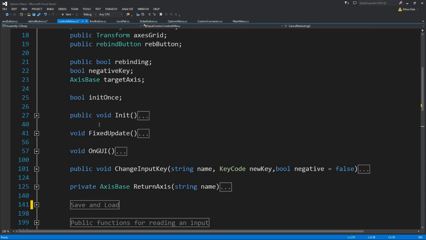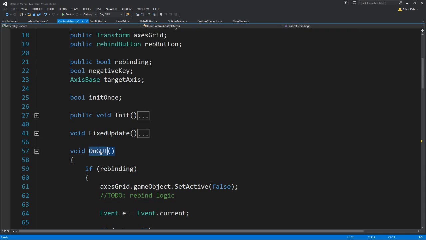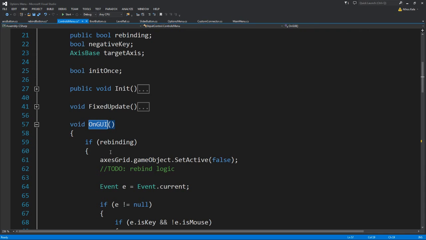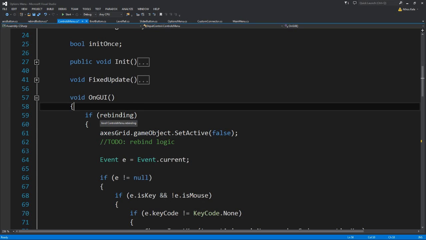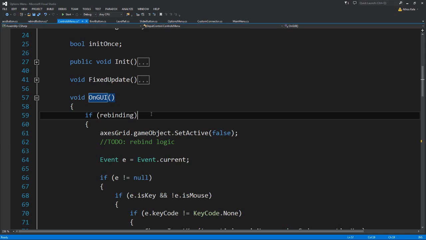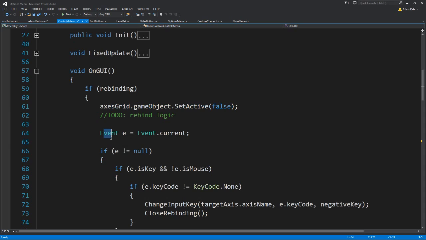And when you are actually rebinding, you need to use the onGUI function, otherwise you won't be able to use the events correctly. Now even though it says onGUI, it's not the actual GUI you will be using, so you're not doing anything with the old GUI. If you are rebinding, you close the axis grid, because you do not want the other buttons to show, and you save the events. The event you want to save is the current event, of course. If the current event is not null,